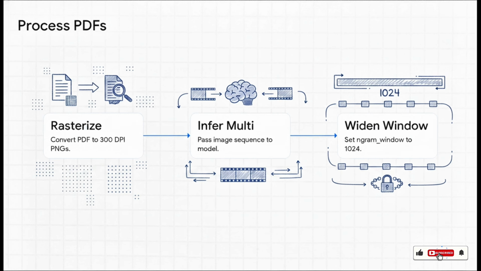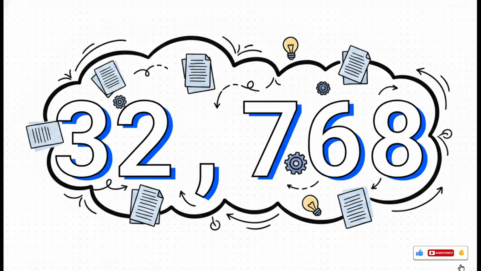Finally, and guys, this is key, you widen that n-gram window we just talked about all the way up to 1024. This ensures that as the model performs a single long horizon inference across multiple pages, it keeps all those cross-page references perfectly coherent. Just think about that number,